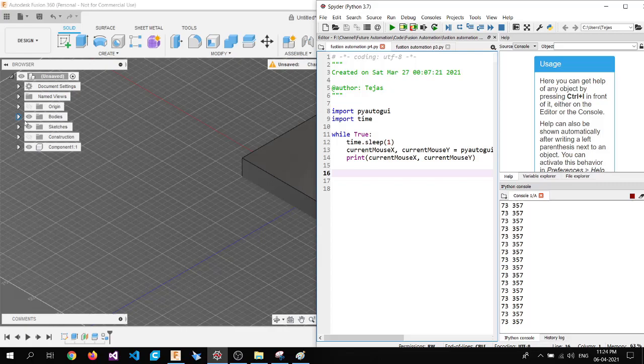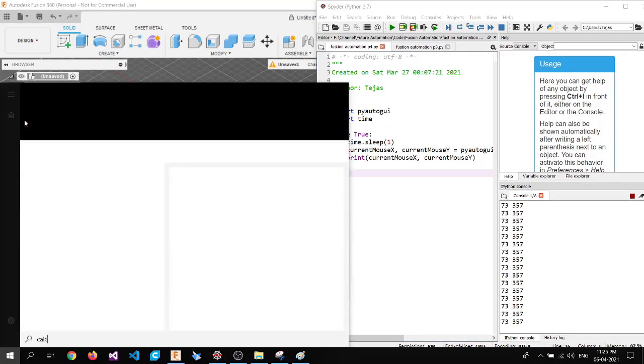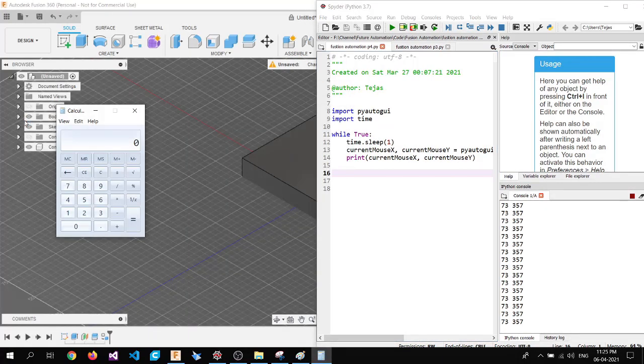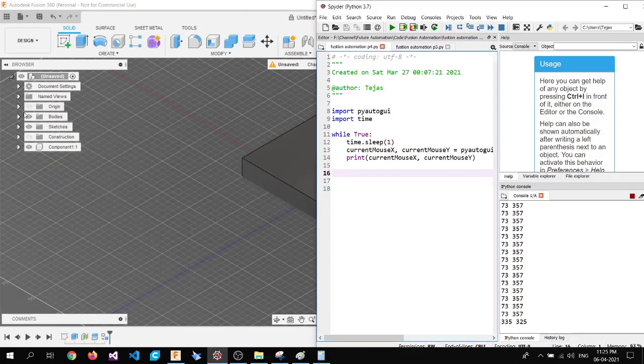Here also we can take the same 74 and 357. So if we try to take an approximate difference between these two, then we will get somewhere around 357 minus 334, 23. So somewhere around 25 is the exact size of this particular box of one menu.